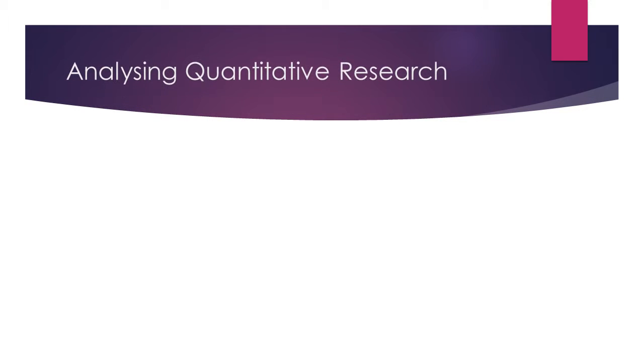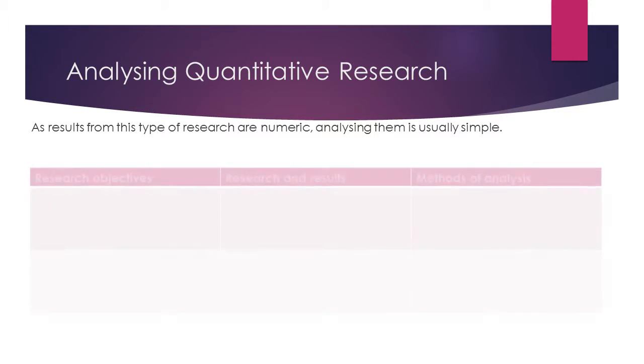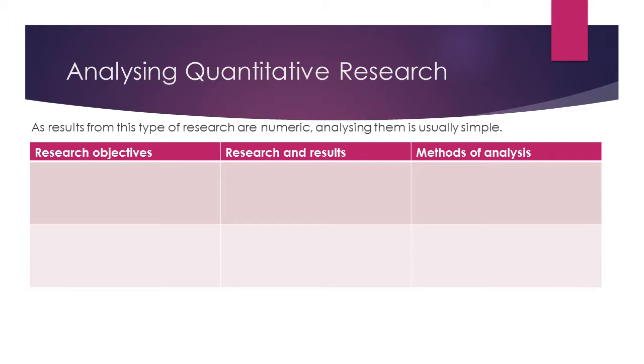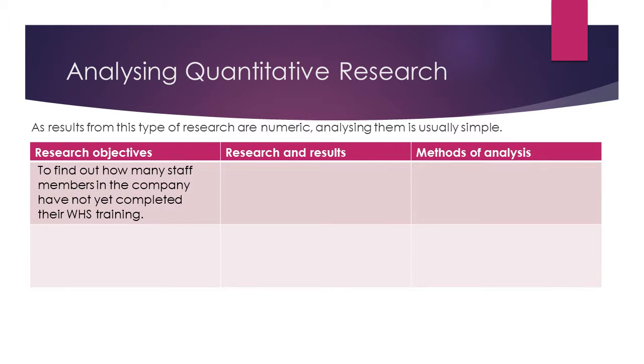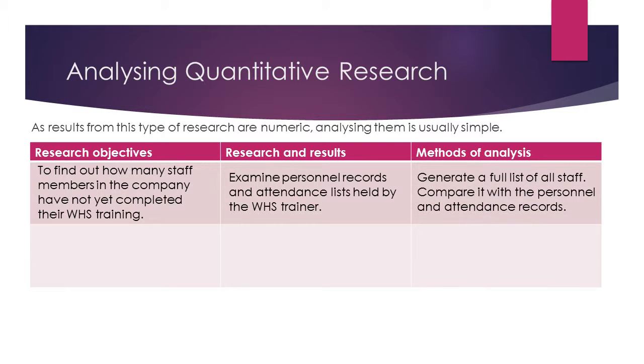So analysing quantitative research. As results from quantitative research are numeric, analysing them is usually quite simple. So you have your research objectives, and for example, you might say, let's find out how many staff members in the company haven't completed their work health and safety training. The way you would research that is to perhaps examine the personnel records and attendance lists held by the work health and safety trainer. Then to analyse it, you could generate a full list of all the staff and compare it with the personnel and attendance records of the WHS trainer,